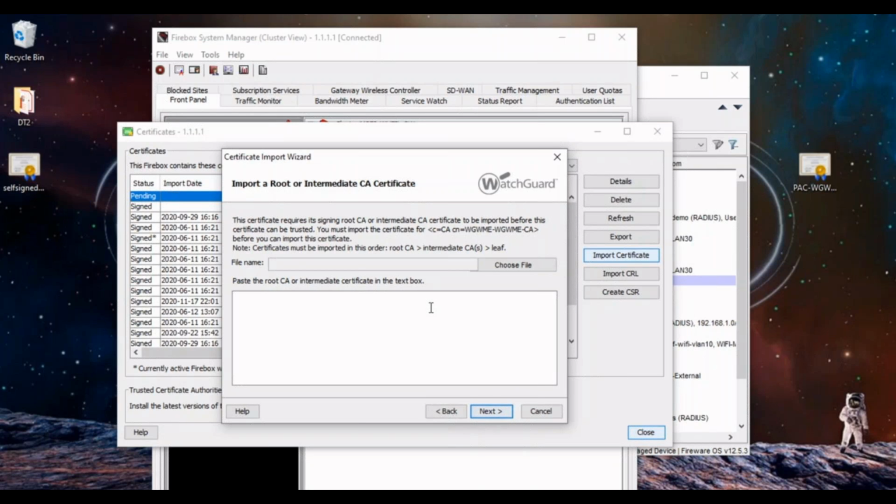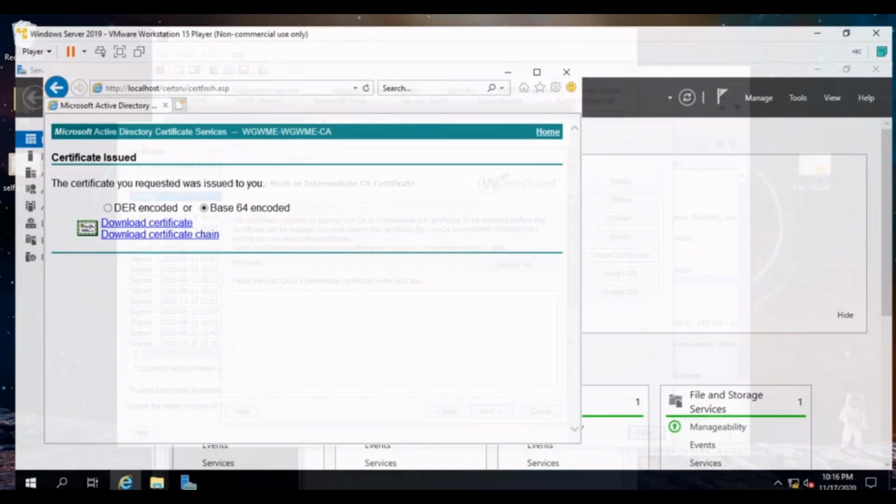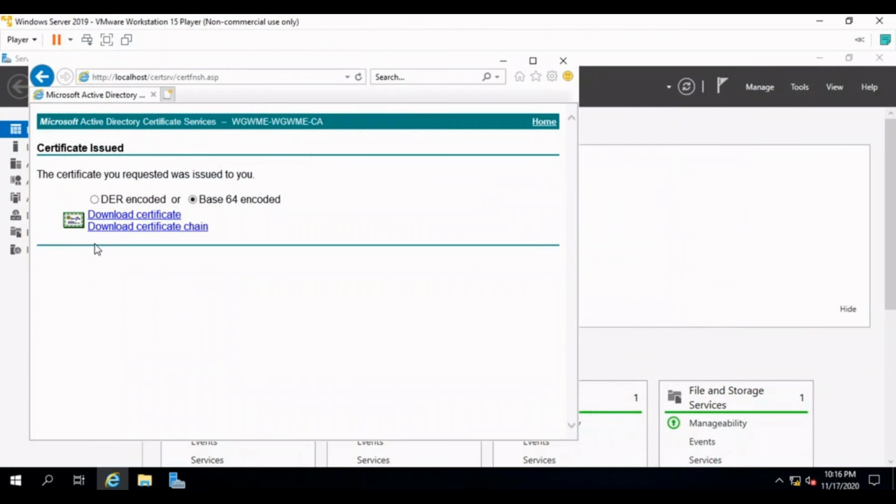And if you notice now, once we have imported this proxy authority certificate, it's going to ask us to import a root or intermediate CA certificate. So we have to make sure that the certification authority that signed the certificate is trusted by the firewall itself, right? So how do we get this certification authority certificate? I'm going to go back to my certification authority portal. And if I go back,